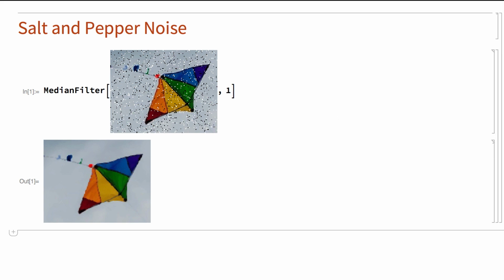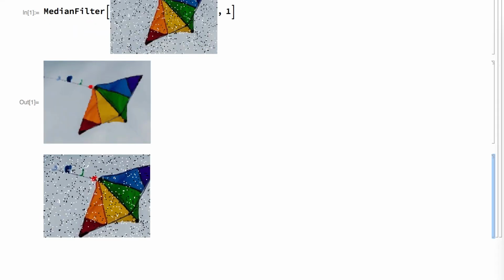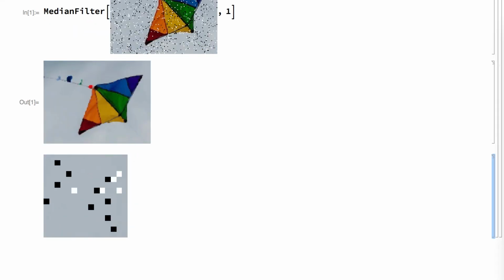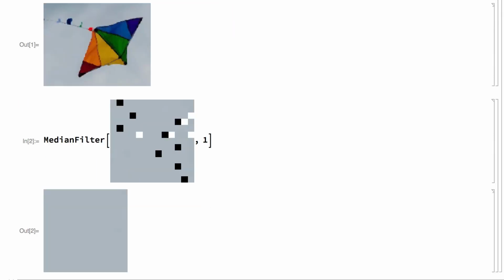The median filter works best when the noise shows up as outliers in a relatively uniform background. For example, zooming in on a small part of this image shows a few obvious noise pixels on a gray background. The median filter in this example goes through the image considering 3 by 3 neighborhoods and replacing the pixel in the center of each neighborhood with the median of the pixel values in that neighborhood. And since the noise is typically an outlier rather than the median, this replaces the noise pixel with the neighborhood